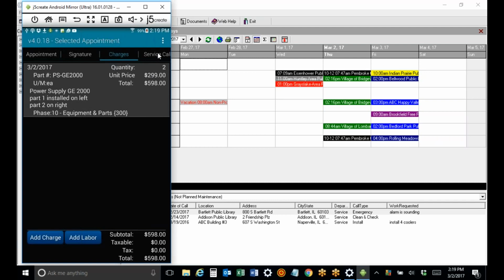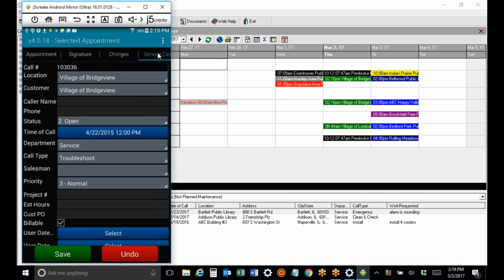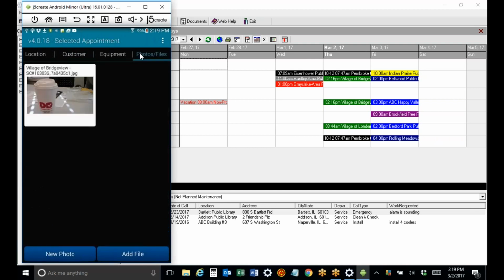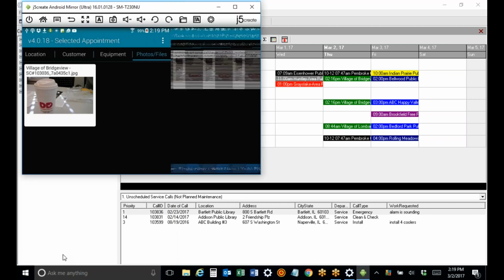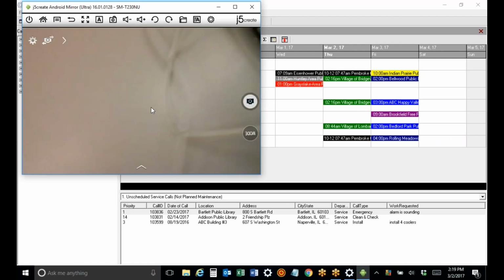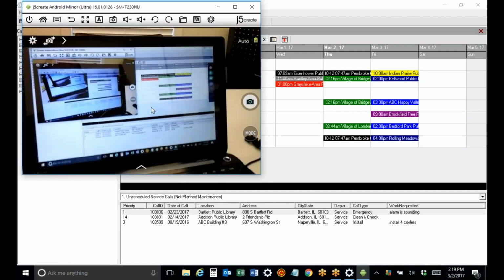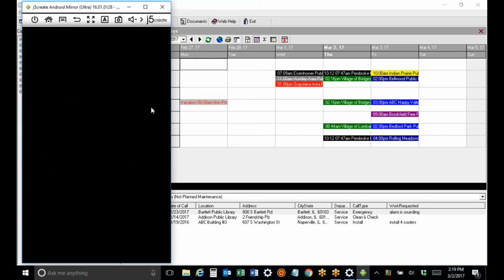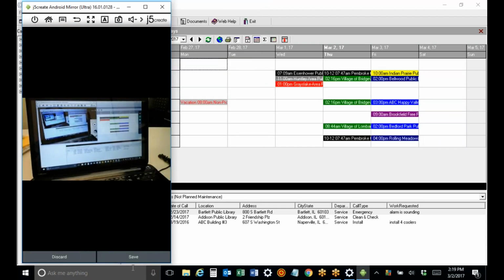Now maybe, again, this call, I need to map it, whatever, I can do that, or I'm going to take one more, I'm going to slide over here, take a photo of this, okay? Now in this case, I already had a photo from earlier, but I could add a second photo. So I could use that photo or take a new photo. So I'm going to, again, take another picture. So we've got a couple of, it wasn't very clear, but okay. So we've got a couple of photos with this